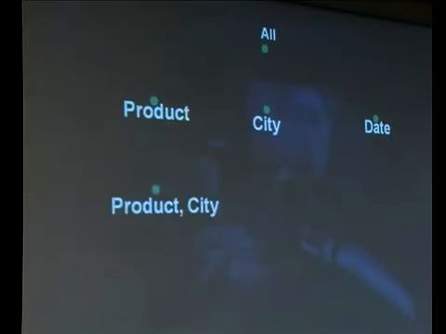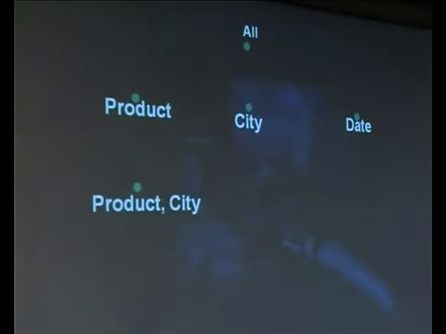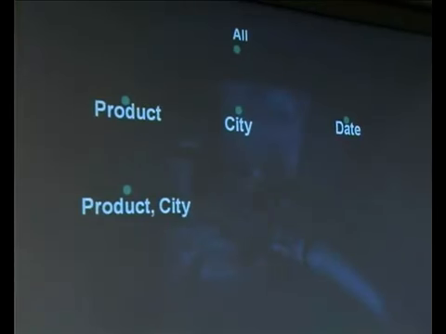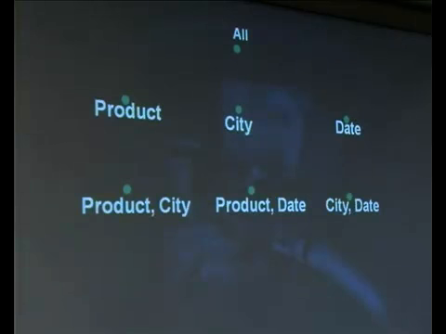If you take these three elements, we have three combinations of two-element sets: product city, product date, city date. And also one combination which contains all three perspectives, namely product, city, and date.